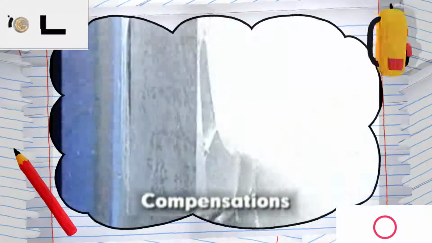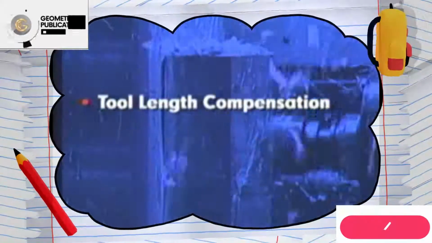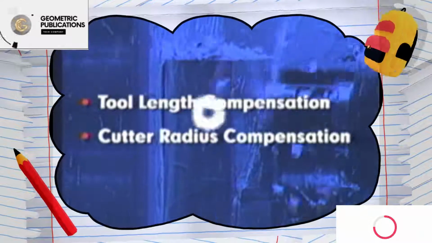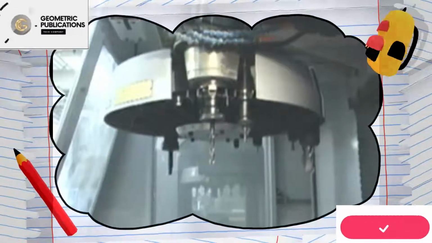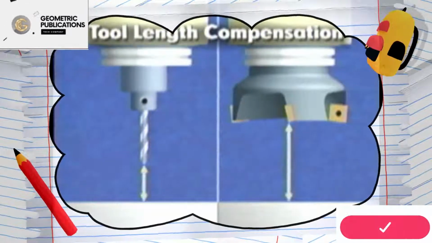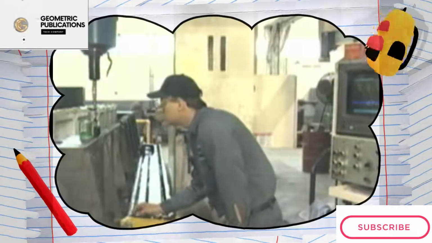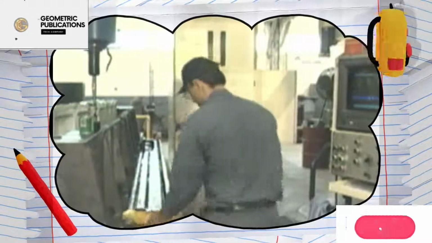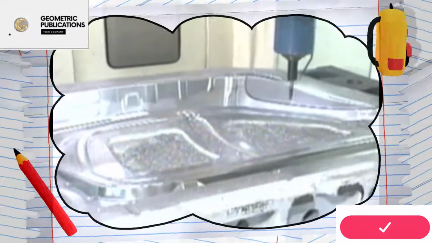Compensations are used to offset or compensate for tooling-related variations within a part program. Two of the most important compensation types for machining centers include tool length compensation and cutter radius compensation. Most machining operations involve the use of multiple tools of various lengths. For this reason, tool length compensation is utilized to adjust for tool length variations. Cutting tools are first measured. The machining program is then instructed to refer to the various tool length values and compensate accordingly for each tool's